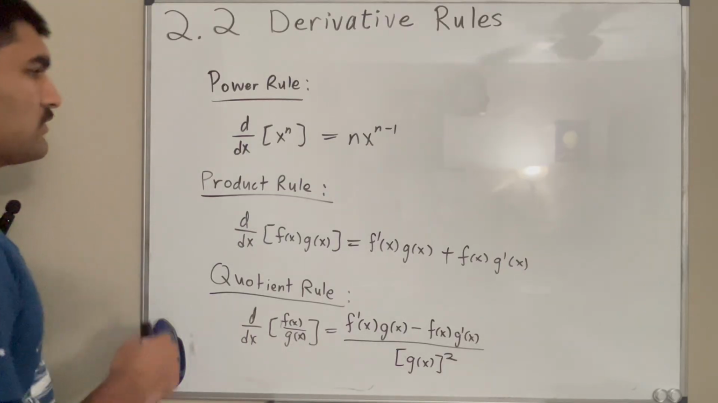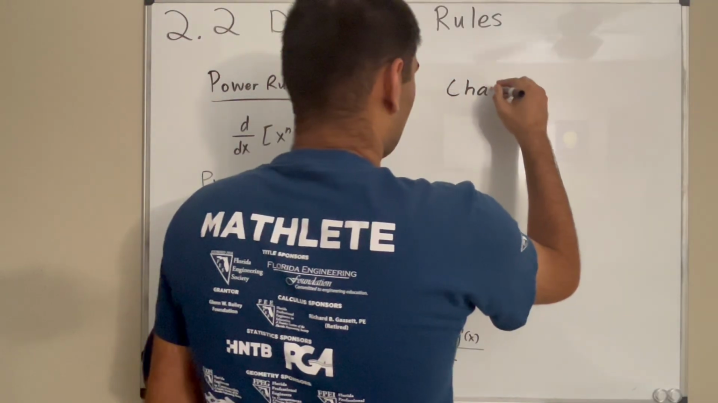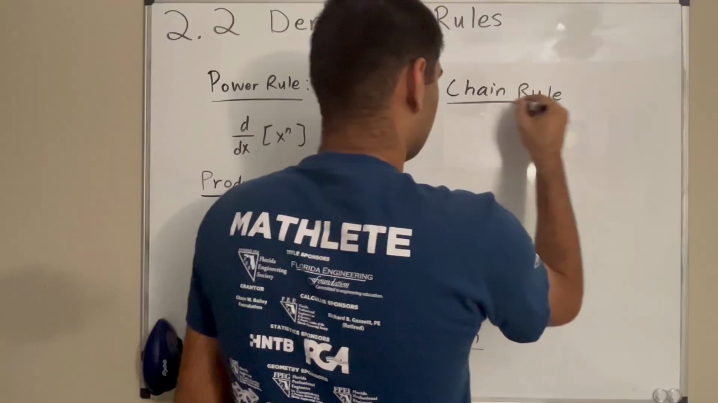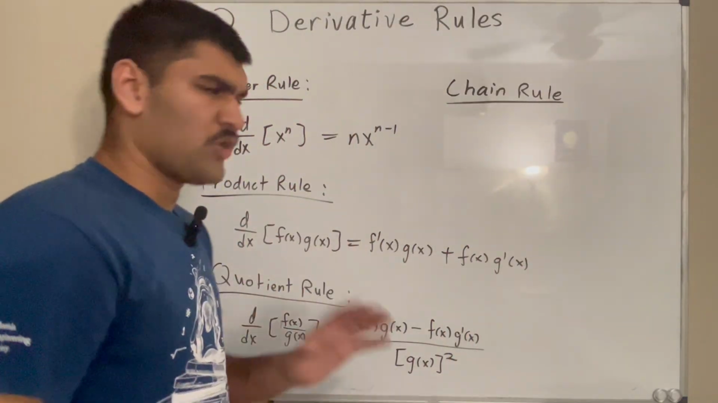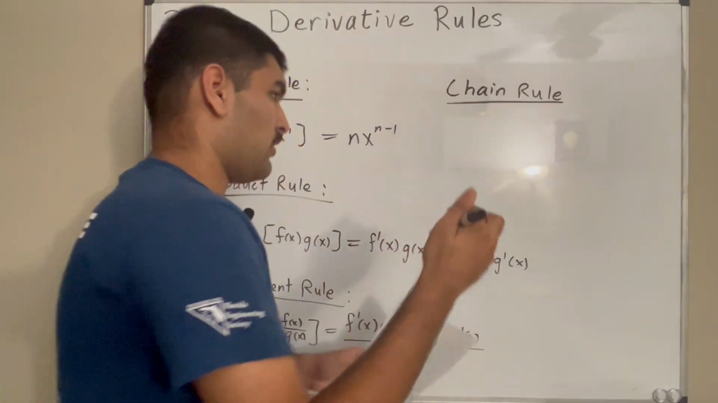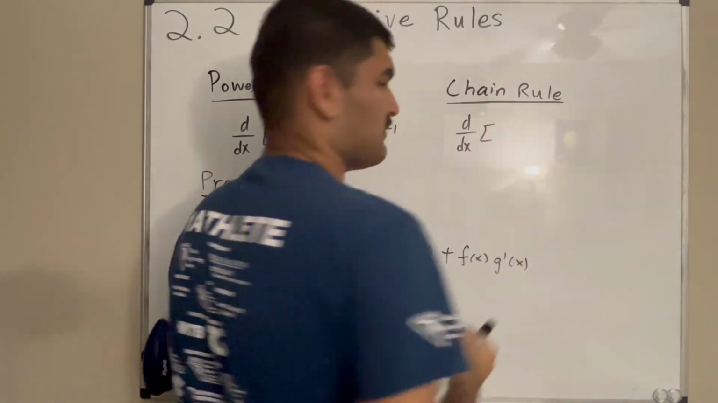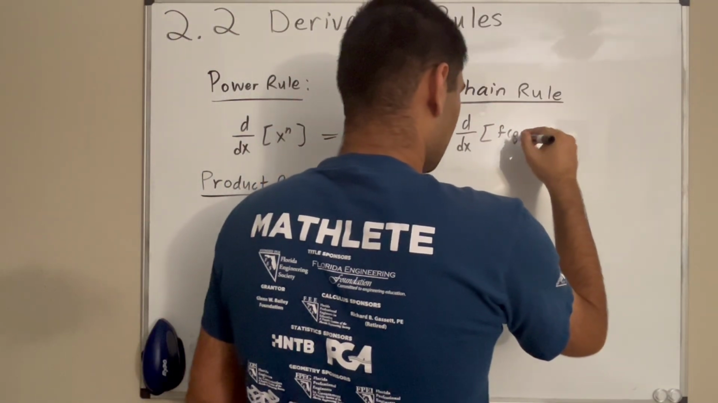All right, cool. And then we have one more, and this one is called the chain rule. This one can be a little bit more complicated, but don't worry, we will explain it all very well. So this is for if you're taking the derivative of a composition of functions. So if you have the derivative of f of g of x,